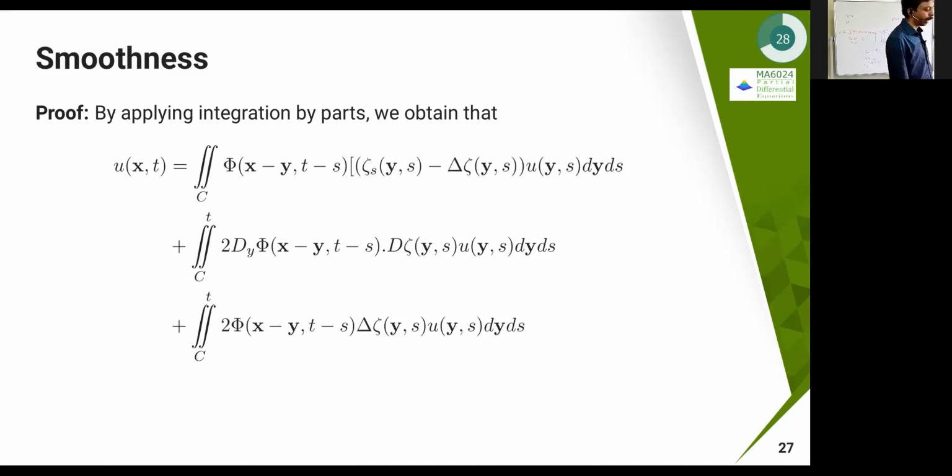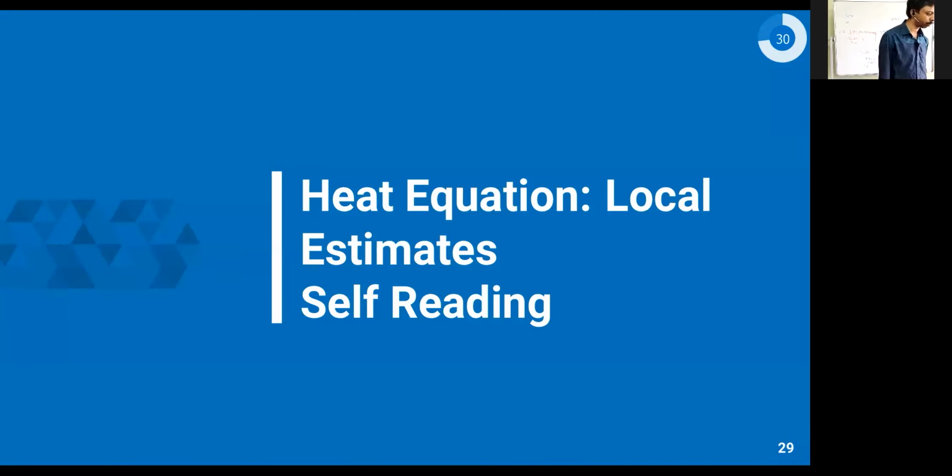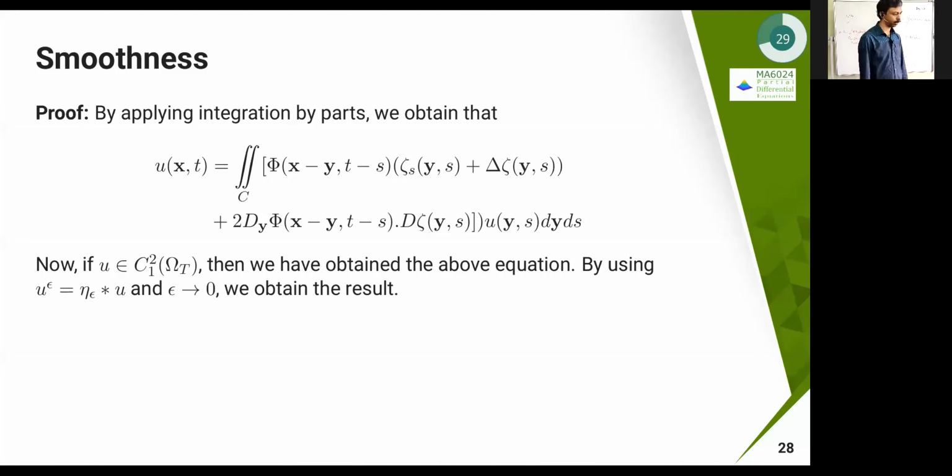Now you can use the integration by parts. If you use it, I can throw one derivative onto the other. Then in that case, you will get your k of x comma y comma t coordinates. So that is the construction of our k of x comma y comma t.